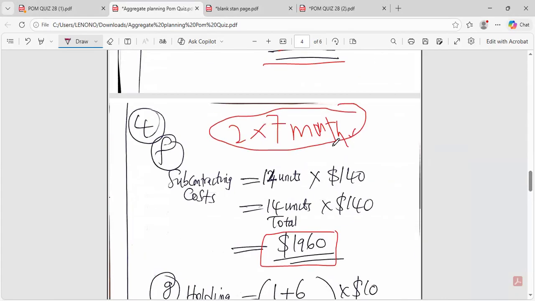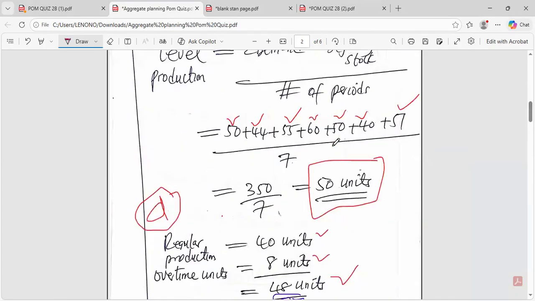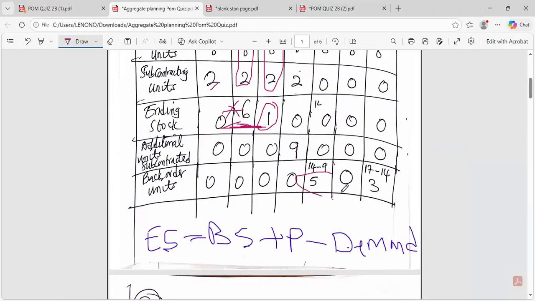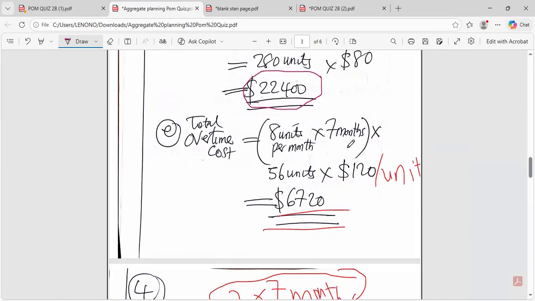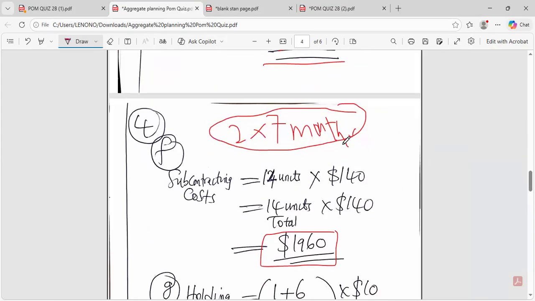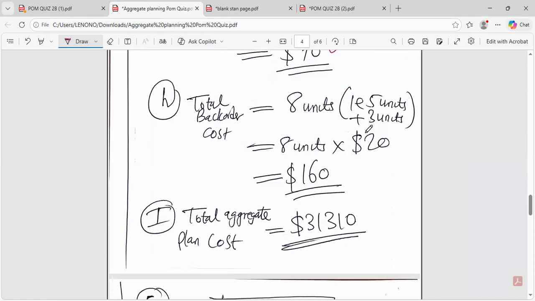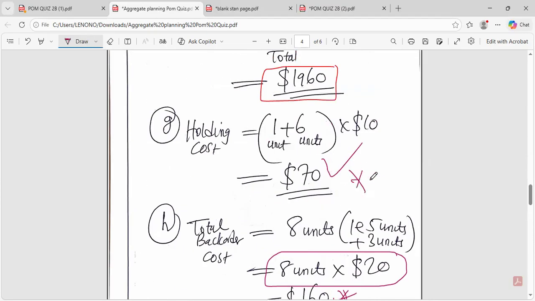Then the back order units, we had only these back order units, 5 and 3. The back order units were 8 units. So 8 units times the $20 per unit, so the back order cost is $160. So for the total cost of the plan, we add this one, we add a 70, we add this other cost,